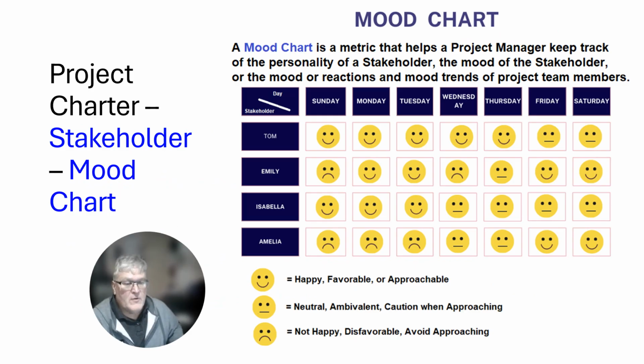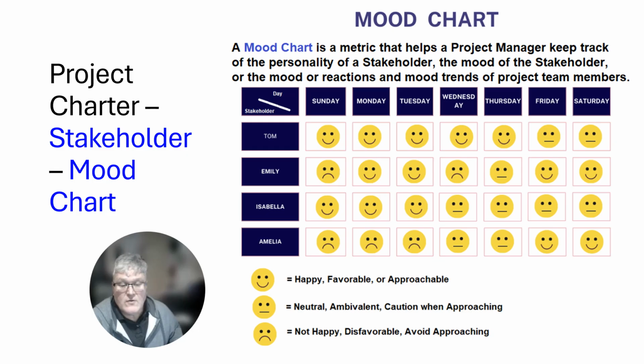Here's an example of a mood chart. So this is a graphical representation. And as I have on here, a mood chart is a metric that helps a project manager keep track of the personality of the stakeholder, the mood of the stakeholder, or the mood or reactions and mood trends of project team members. So if you notice at the top, there's a listing for the days,